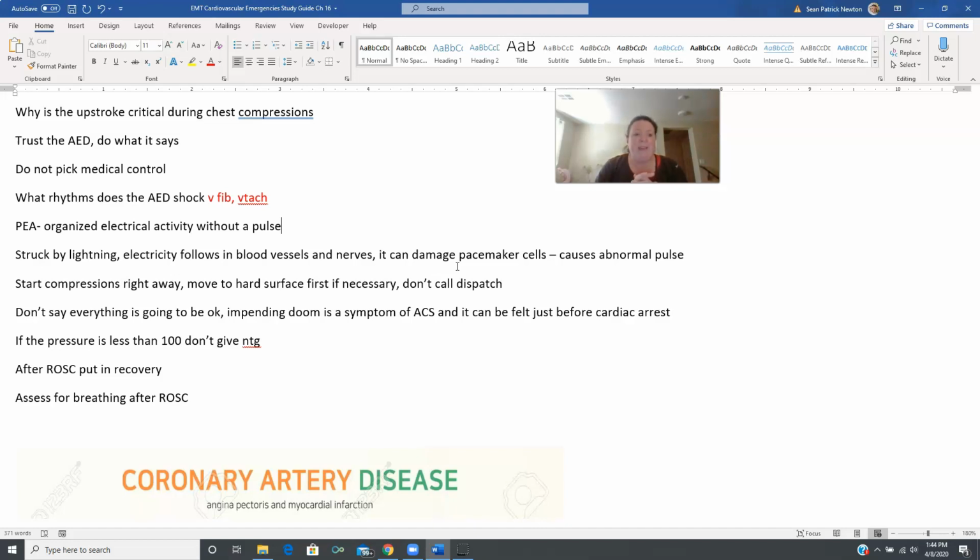We don't again say everything's going to be okay, because impending doom is a symptom of acute coronary syndrome and it can be felt just before an arrest. So the appropriate answer is we're doing everything we can to take care of you. We're going to get you to the hospital as soon as possible. If the blood pressure is less than 100 systolic, we do not give nitroglycerin. That's a contraindication. If we establish